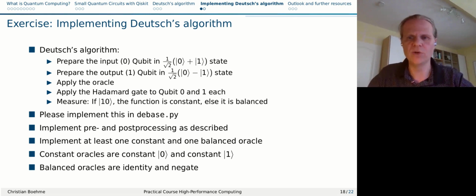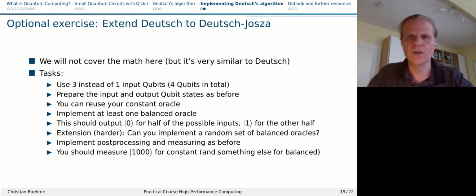Yeah, here are a few hints on how to implement this actually. And if you want to go even beyond that and have even more of a task ahead of you, you can also extend this to Deutsch-Jozsa. It's actually quite simple. You just put more qubits into your circuit. You have to use a different oracle, of course, which connects all qubits to the output and can therefore provide a balanced